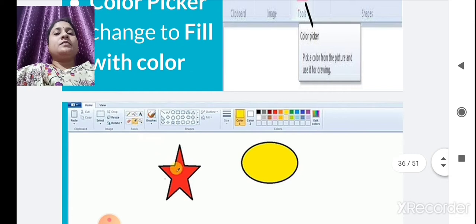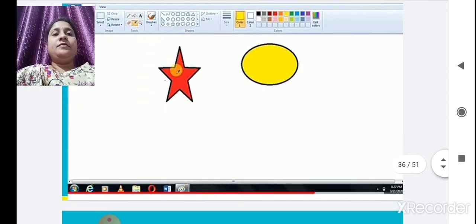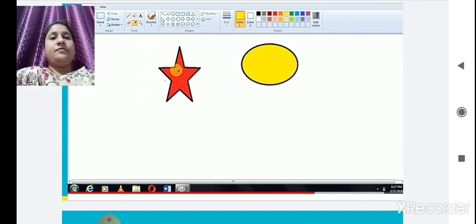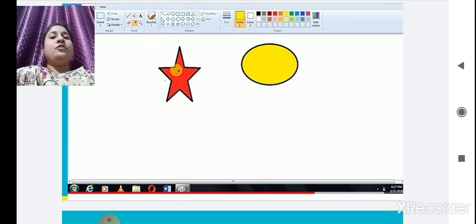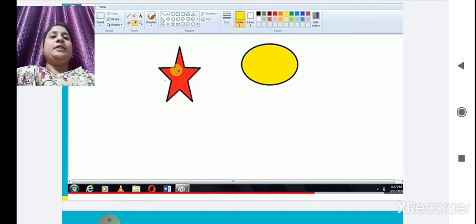So what we have done, first we have drawn a star. We have colored it with red color. Then we have drawn an oval shape and we have colored it with a yellow color. Now we want to give this star color to this yellow color because the existing one is a red color. So we click on picker tool, click it on the red star.